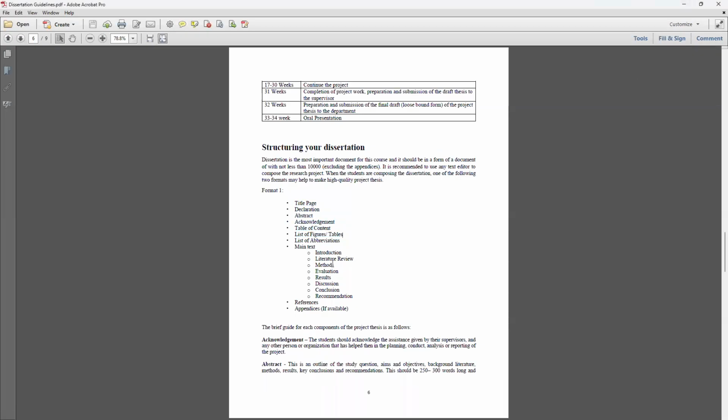Then moving on, in the introduction you need to say why you are doing this research. Mainly, think of it as telling a story about your research. At the starting point, as an example, let's say you are doing something in virtual reality.